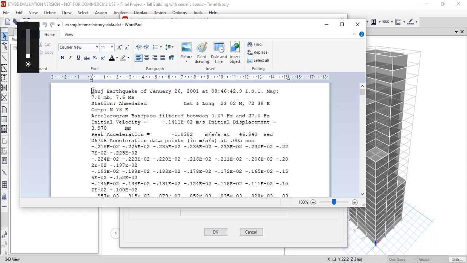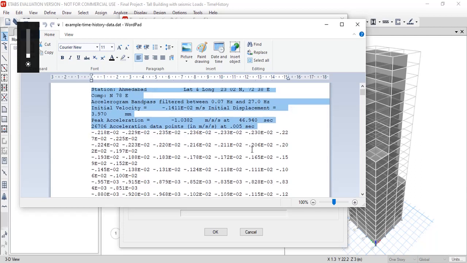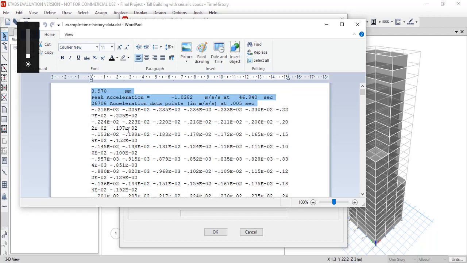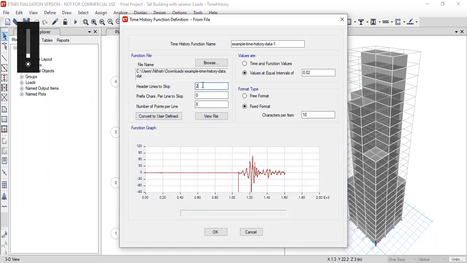These 9 lines are just headings containing some basic data. The original time history data starts from here. So while the file is read by the software, the first 9 lines shouldn't be considered. So for header lines to skip, enter 9.